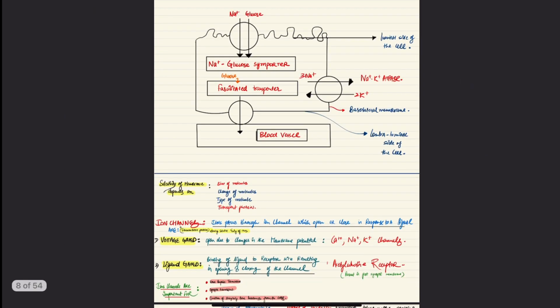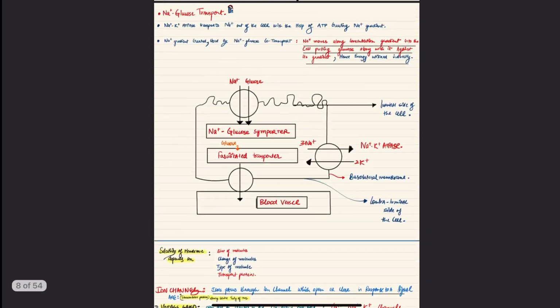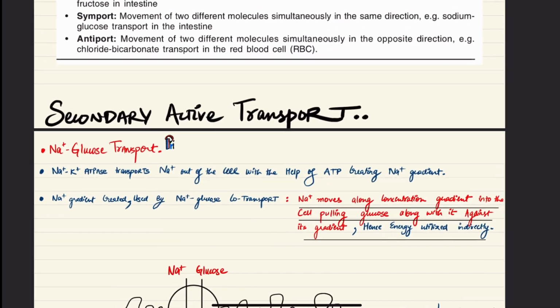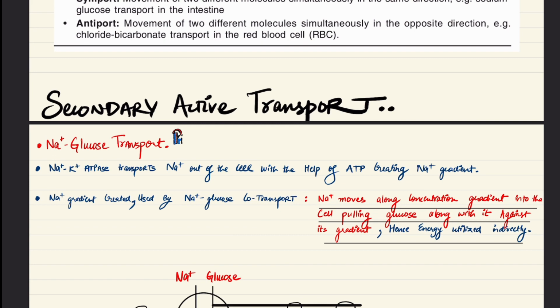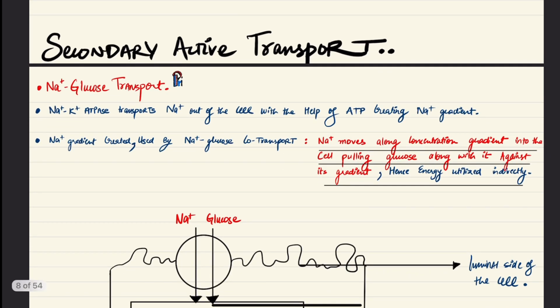Next, the sodium potassium ATPase was an example of primary active transport. Let's understand secondary active transport. Secondary active transport examples are sodium glucose transport and sodium and some other amino acid transport. I'll explain this with the example of sodium glucose transport. As we know, sodium potassium ATPase transports Na plus out of the cell and puts K plus inside the cell, and this process takes place with the help of ATP,